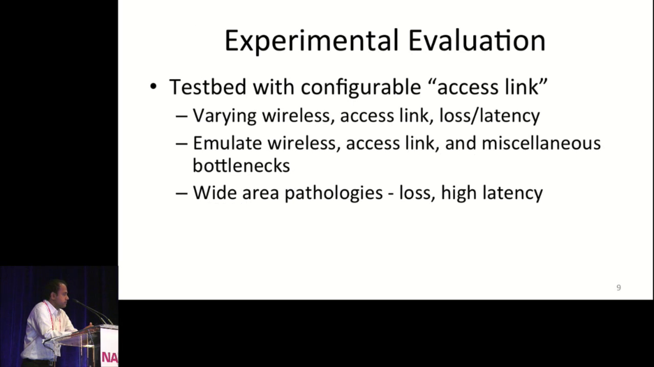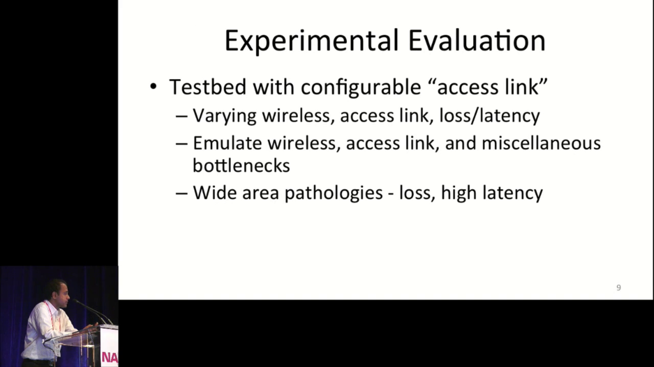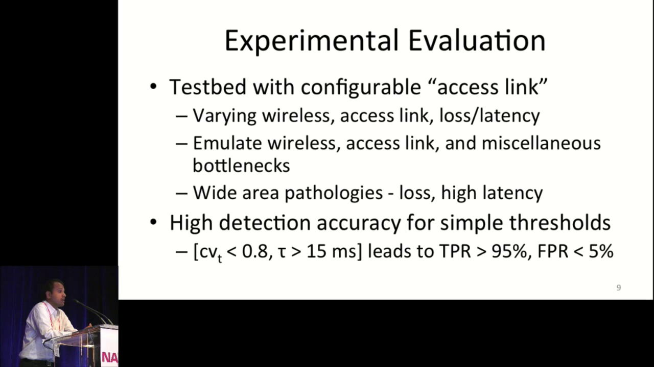So this is our technique. It's very simple. It's threshold based, and it's lightweight enough to run on a home gateway. We evaluated this in a controlled setting in a lab, using a lot of different types of access link throughputs and different wireless conditions, and we tested different thresholds with our devices. We saw that we were able to get really high detection accuracy with simple thresholds, a CV parameter of 0.8 and a tau of 15